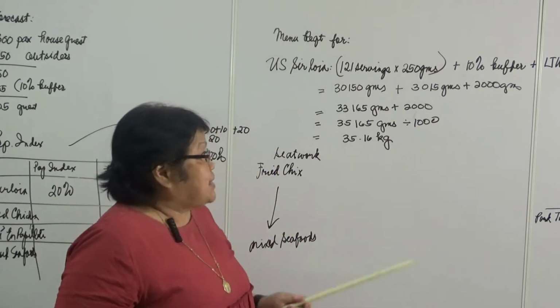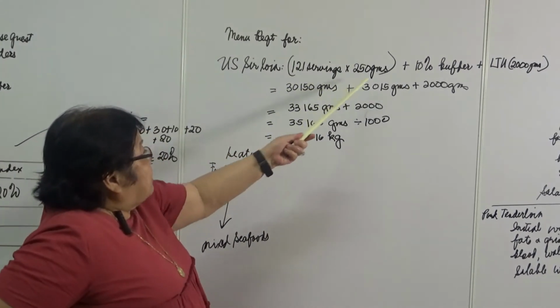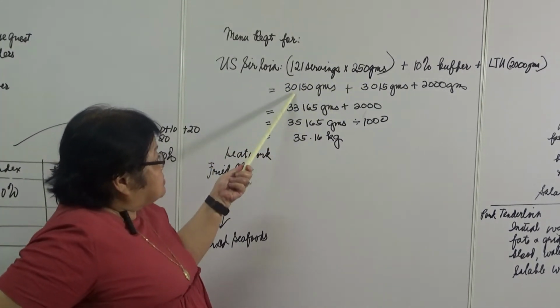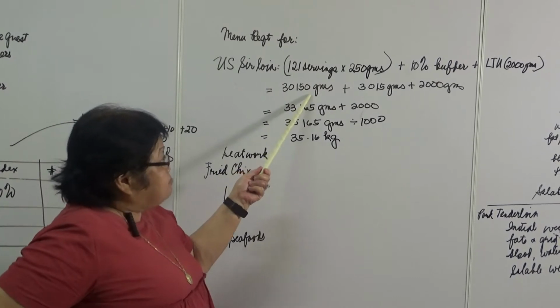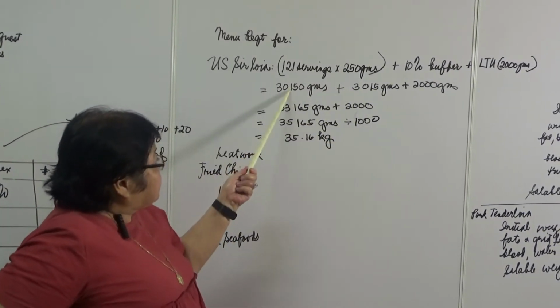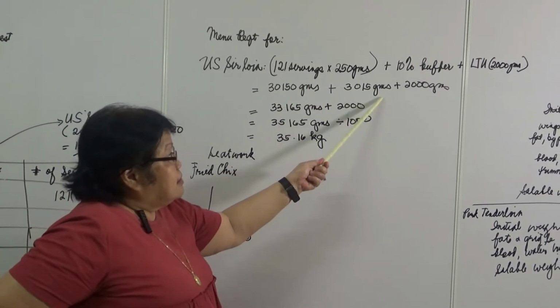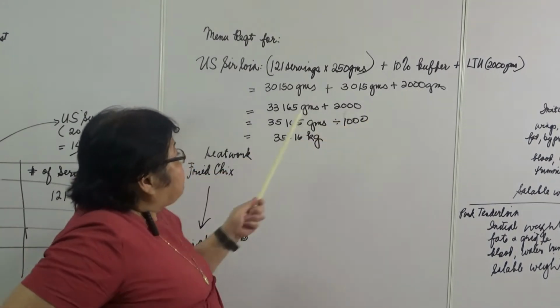You have to add that 2,000 grams. So 121 servings times 250 grams is 30,150 grams plus the buffer of 10%. 10% of 30,150 grams is 3,015 plus 2,000 grams. You have a total of